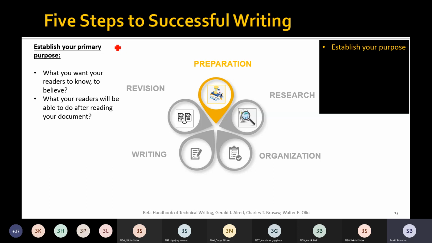So I may write the purpose like: to report on possible locations for a new research facility.